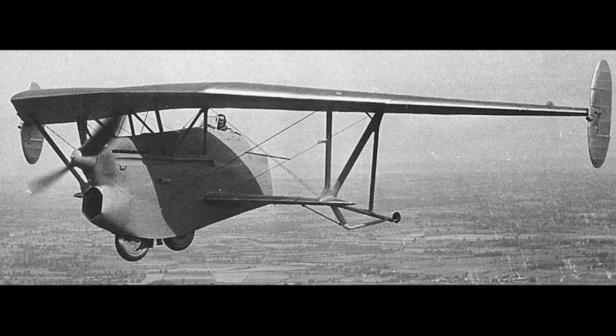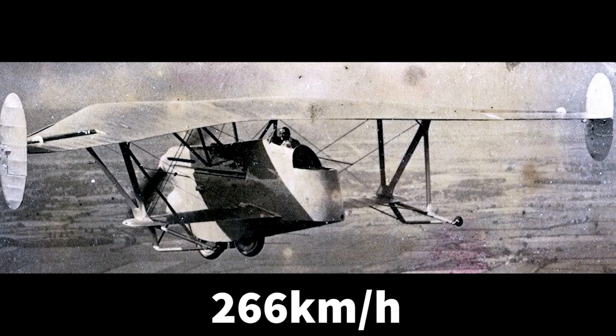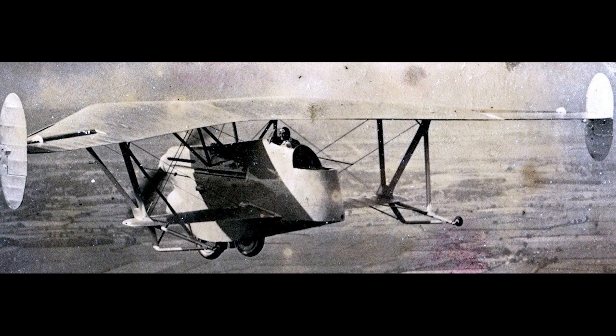And the testing also showed that the Pterodactyl 5 was, despite its compact design and powerful engine, not a particularly good performer. Maximum speed was only 165 miles per hour, which was about 20 miles per hour slower than the RAF's then current two-seater, the Hawker Hart. Despite this, various tweaks continued to be made to the aircraft to address issues in its handling, and by the summer of 1935, it was thought to be ready to be put through its paces at the Royal Aircraft Establishment